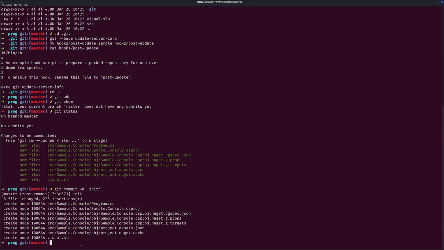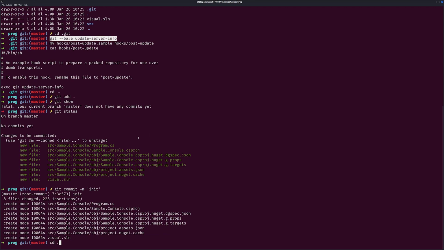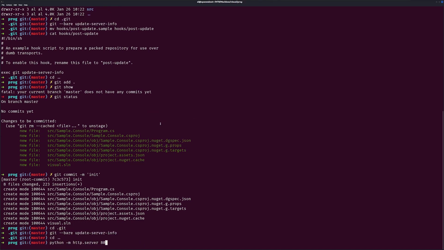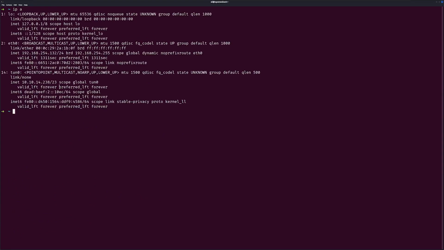And I believe now that they have been committed, we need to do update-server-info again. If you will be doing this multiple times, it might be a good idea to just write a bash script in case something goes wrong and you have to repeat these steps all over again. So now that we have the server running on port 80,